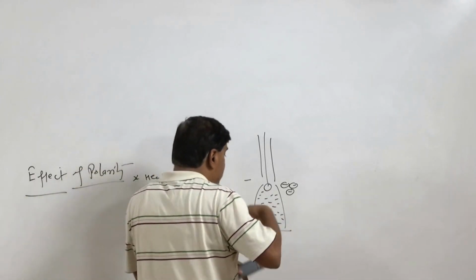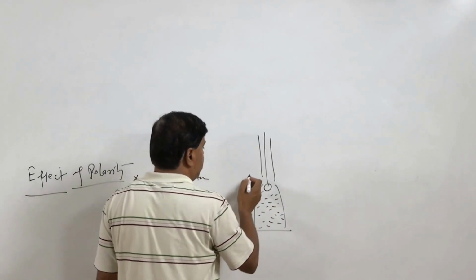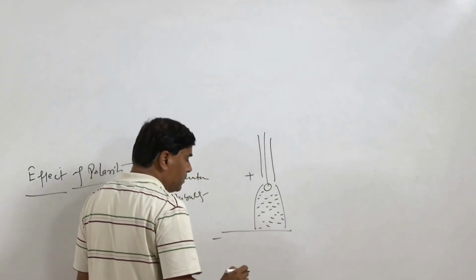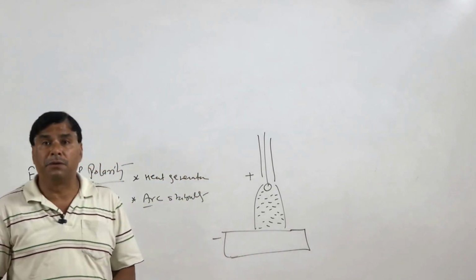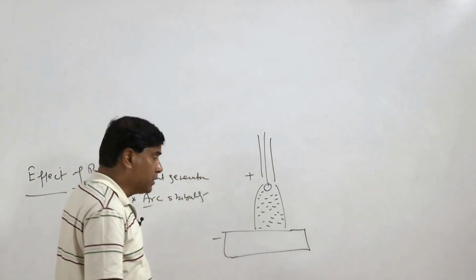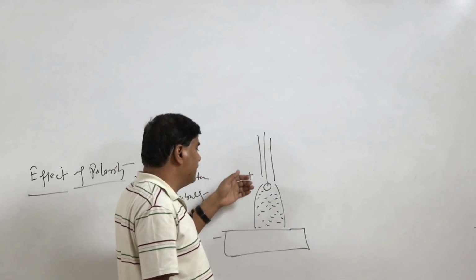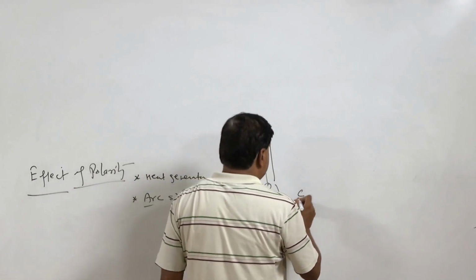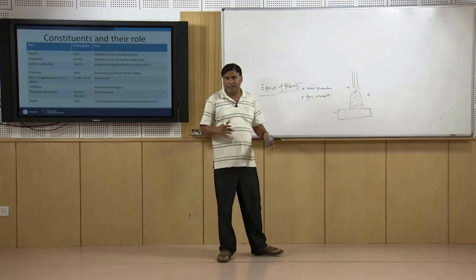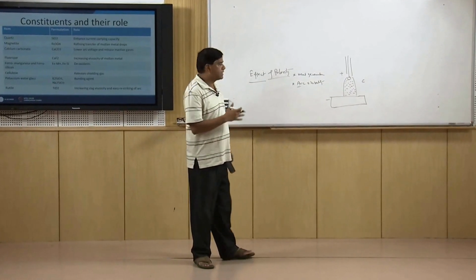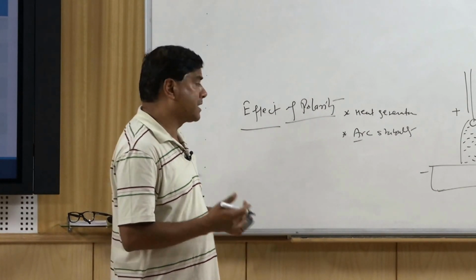But if the polarity is reversed, meaning your electrode is now positive and the workpiece is negative, the workpiece may not necessarily be of low ionization potential elements, and it may not have very good electron emitting capability. So, poor emission of electrons from the workpiece side during welding will reduce the charged particle density in the gap between the electrode and workpiece, which in turn will increase the resistance for the flow of current, and increased resistance may lead to extinction of the arc and an unstable arc.